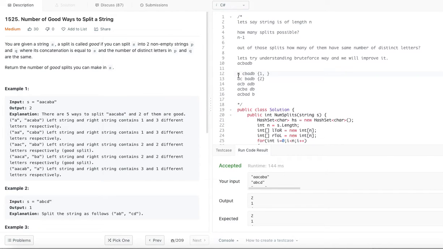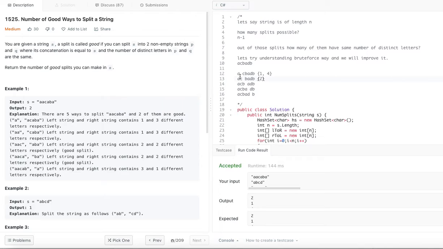So P has only A and Q is C B A D B. How many distinct characters are there in Q? C, B, A, D. That means 4 distinct characters.